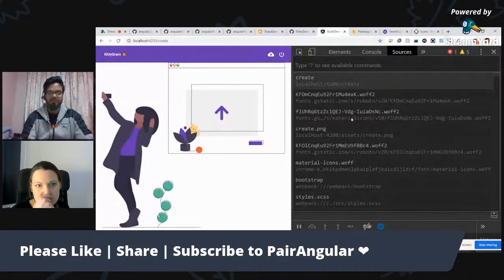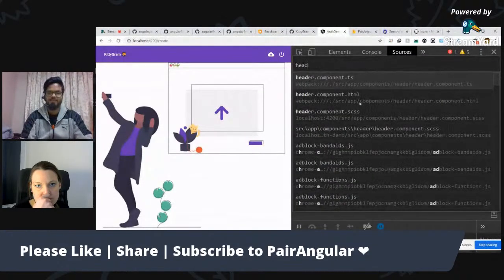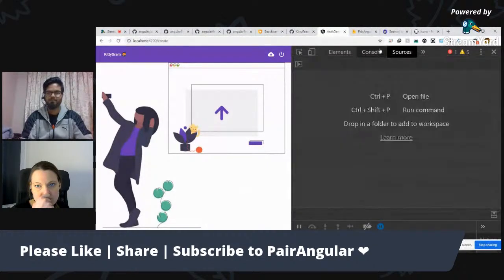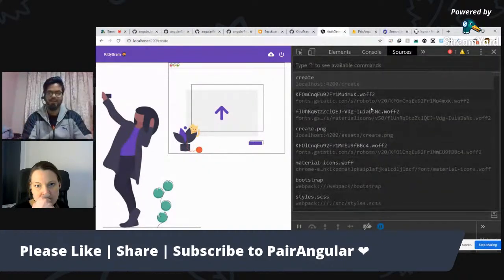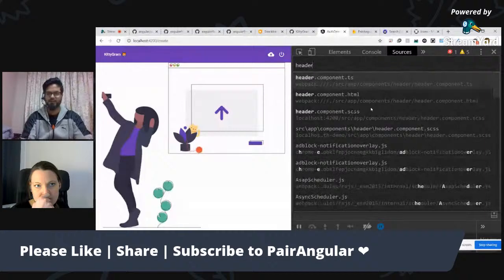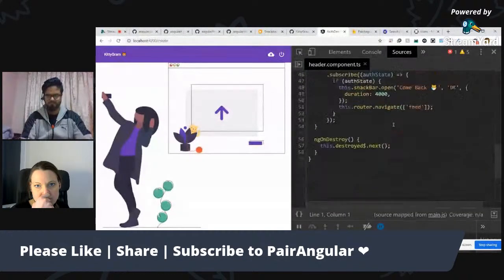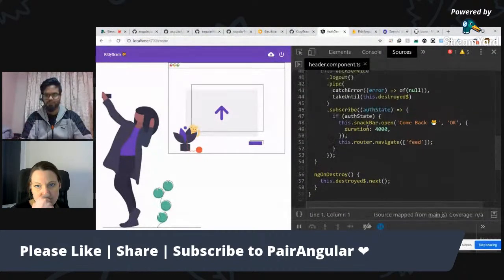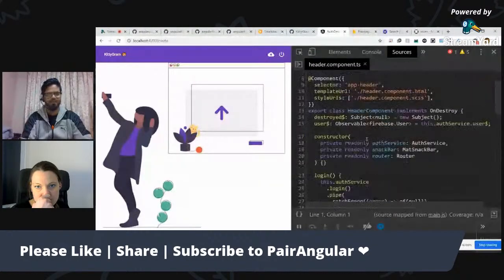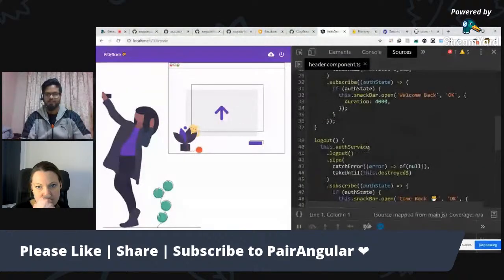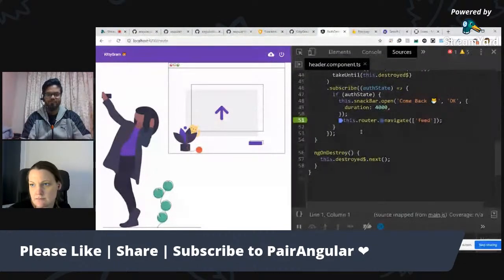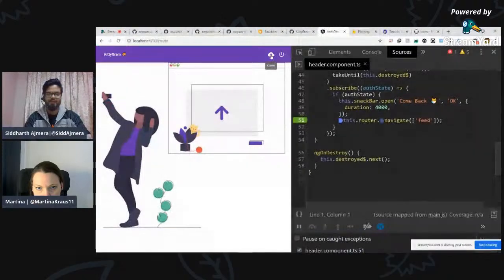and see how we can actually debug a specific issue in Angular. So I just went here to the sources tab in the developer tools, and I just pressed Control P, which is exactly what's written over here. This I can type in the name of the component, which is the header component. And let's try to place a breakpoint over here to see if things are probably working out as expected. Okay, now if I click on logout,